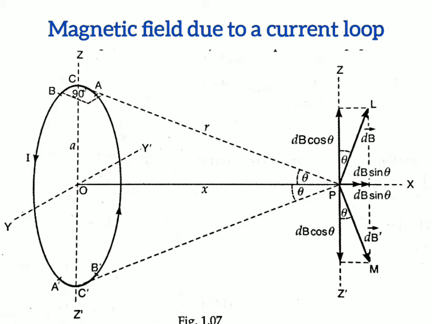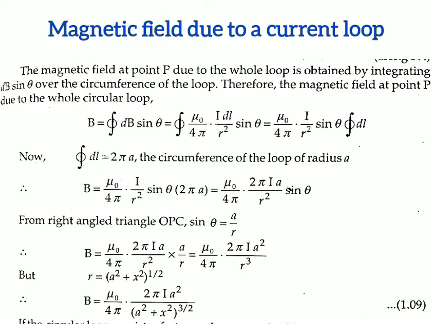And if we want to find the magnetic field of the whole circular loop, we'll have to integrate dB sine theta over the circumference of the loop. Therefore, the magnetic field at point P due to the whole circular loop is B equal to the integration over the circular loop of dB sine theta. And putting the value of dB, we have the integration over the closed loop of mu naught by 4 pi, I dl by r square, sine theta. Then mu naught by 4 pi, I, r square, sine theta is taken common outside of the integration,